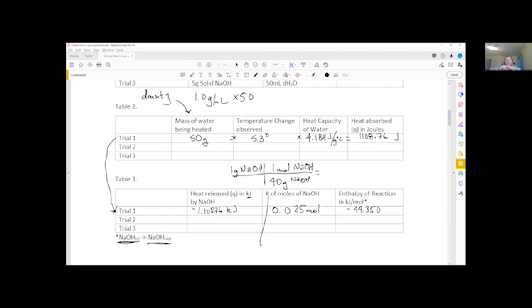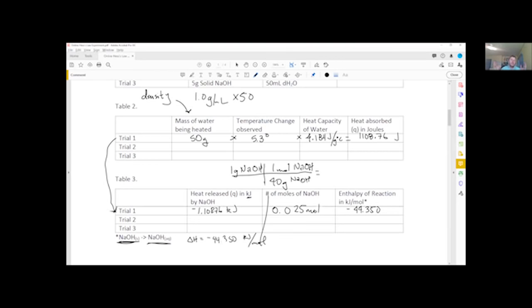That is the enthalpy, the delta H for this reaction. Delta H equals negative 44.350 kilojoules per mole. Okay, now another way that you could think about this is releasing heat, this is releasing